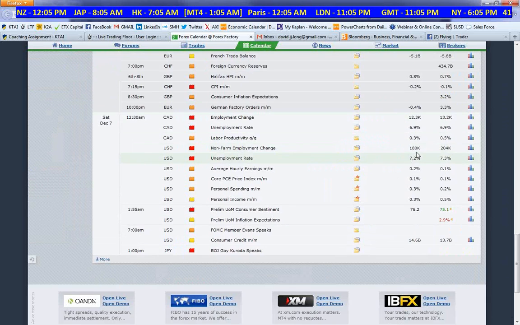So the 180, well, that's different. Some are calling 181, some are calling 183. I think anything under 180, if it's 179 or lower, you'll see the US dollar continue to weaken. If it's 185 or 200, sort of 190 and higher, I'd say the US dollar will get stronger,